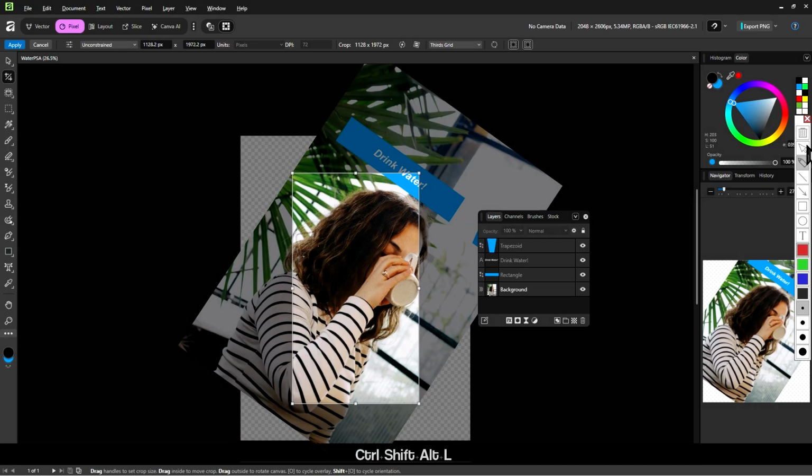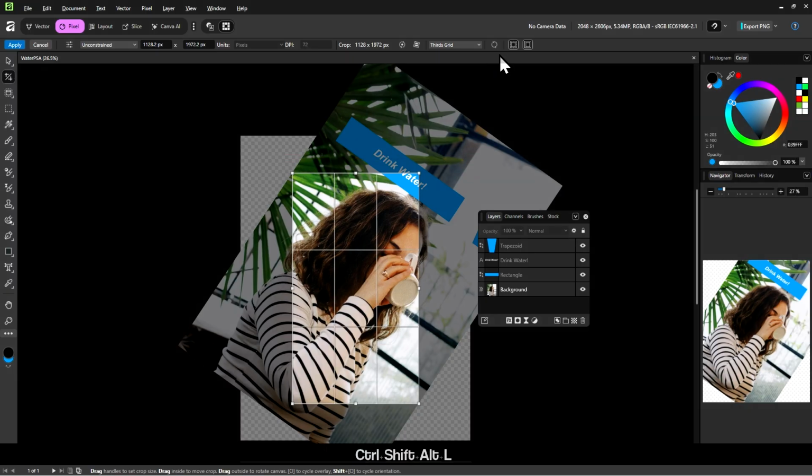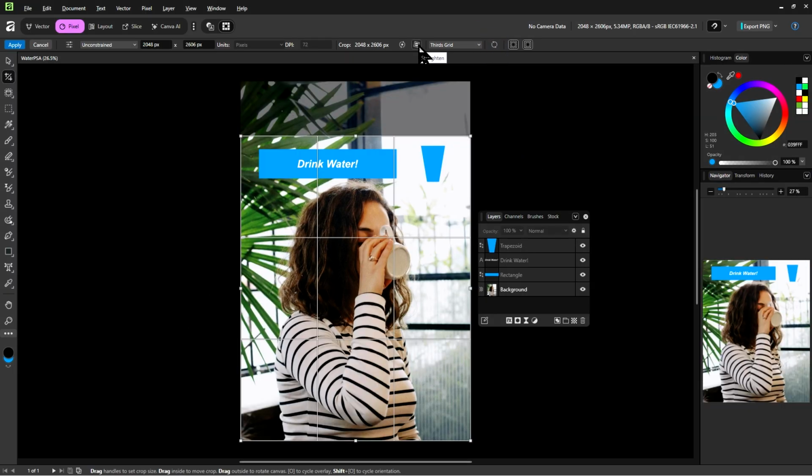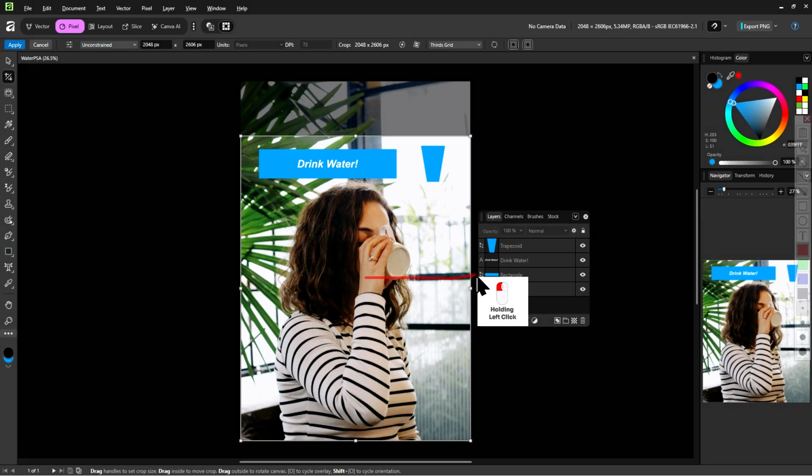Boom, as you can see, that leaf here is now a straight line like this. But obviously this doesn't look like anything that you want. That's because this feature is best used for subtle adjustments. Let's reset it, click straighten again, or actually, instead, I want you to notice that this kind of fence here